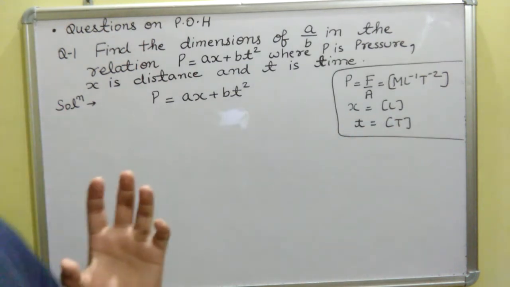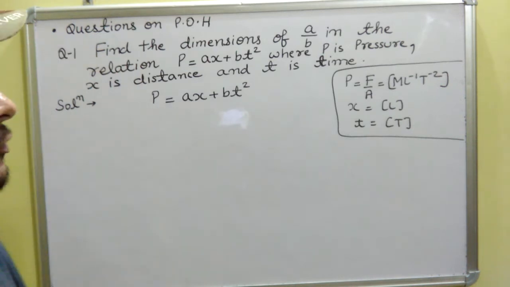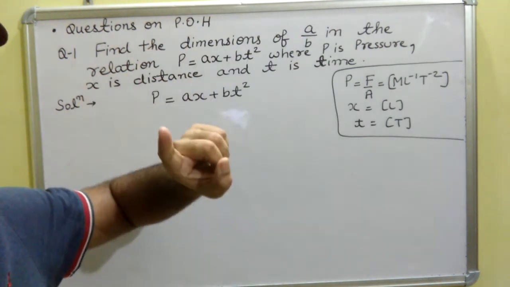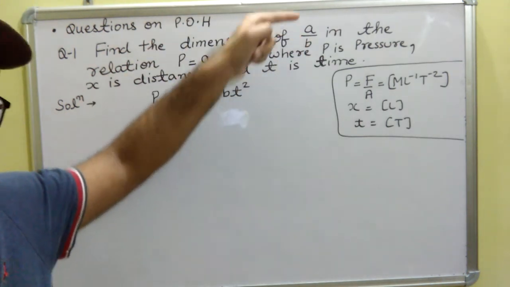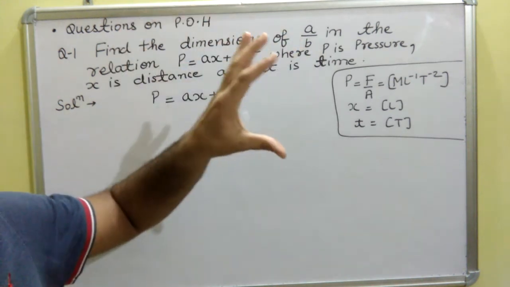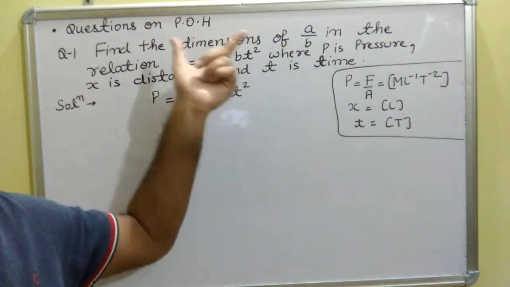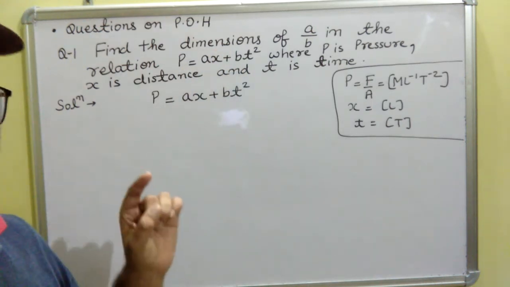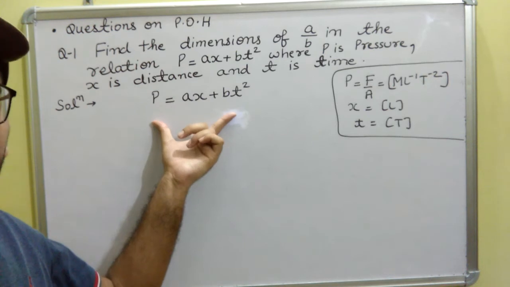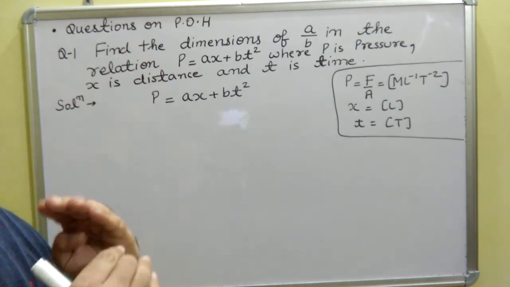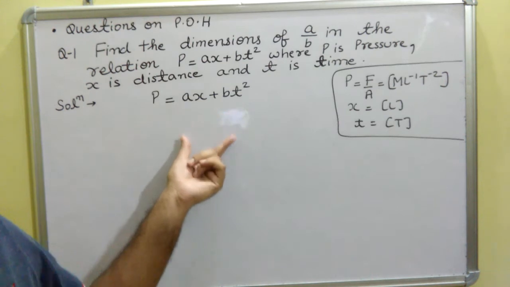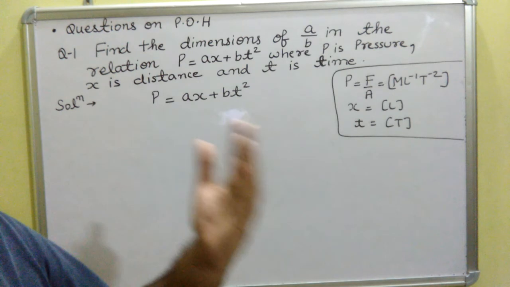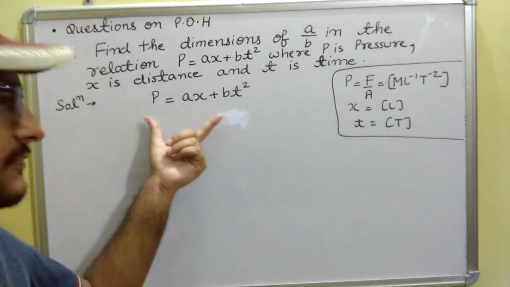So your target here is to, first you have to find the dimension formula of A, then you will find the dimension formula of B, then you will divide both of them. Whatever answer you will get, that will be the answer of A divided by B. You will get the dimensions of A by B. So first we are going to calculate A and B. This is your first variety. We are going to upgrade our level also. In another question we will be having something in the denominator also. So we will modify the questions, some difficult questions also we are going to cover. Let's first take this one.